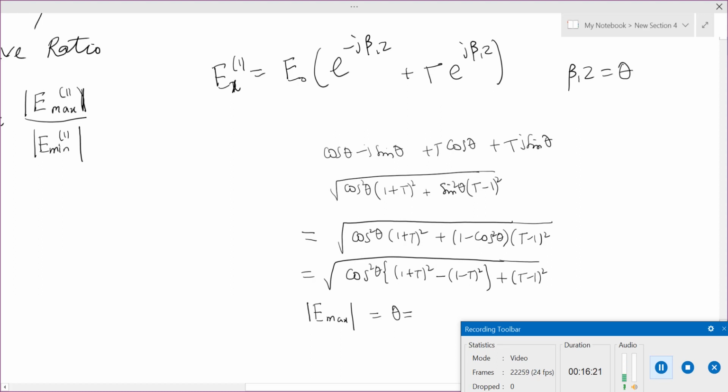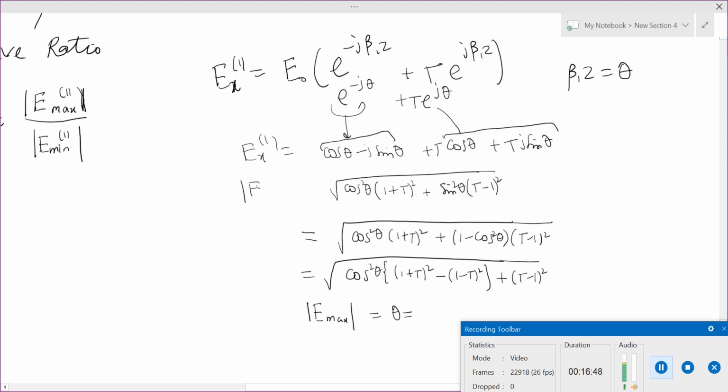Okay, so how can we write this? It is then e to the power minus j theta plus gamma e to the power j theta. And e to the power minus j theta I can write as cos theta minus j sin theta. E to the power j theta I can write as cos theta plus j sin theta. Okay, so this is the Ex1,